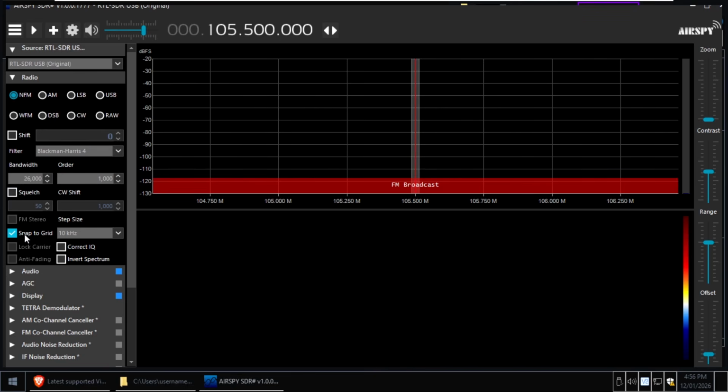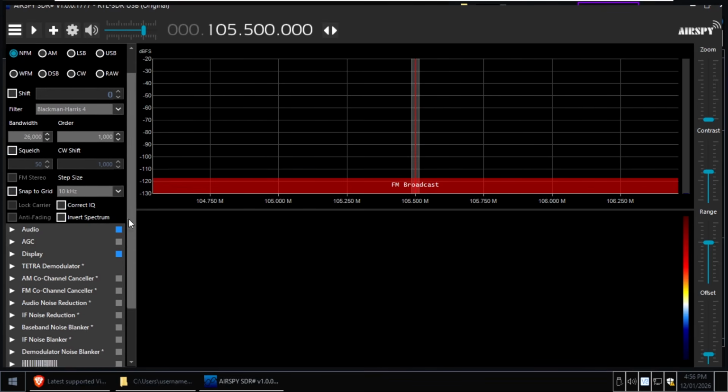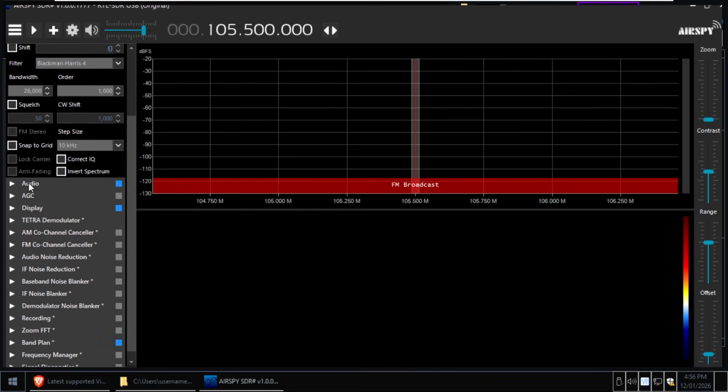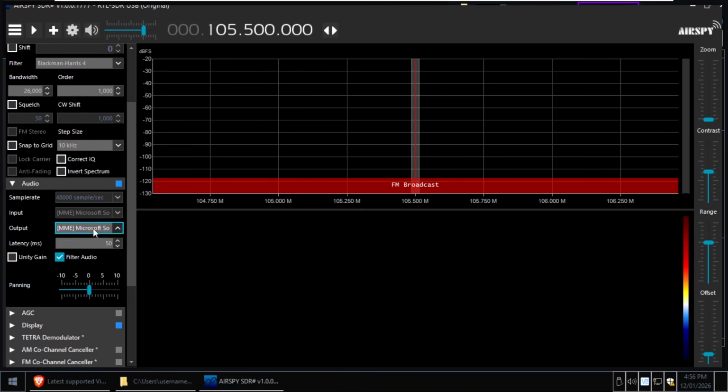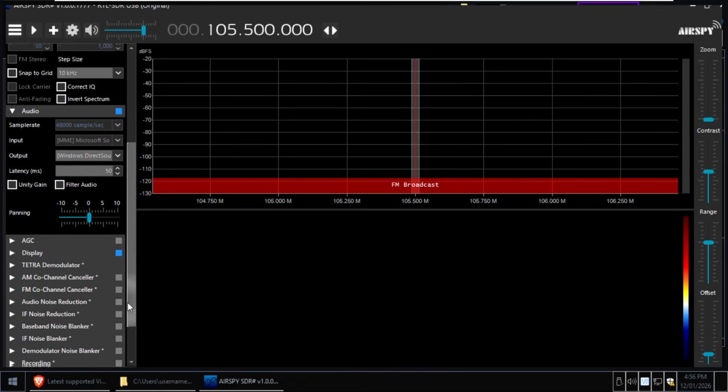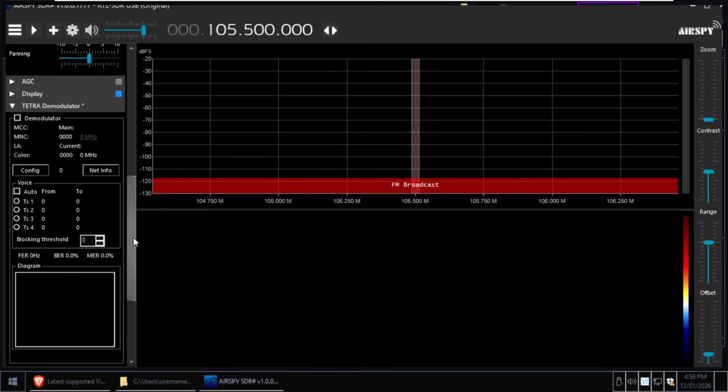Untick this snap to grid too, because we might not be able to tune directly to the signal if we have that on. Just make sure you've got your audio device. Don't use MME for your audio abstraction. Use Windows Direct Sound. That's more modern. When we're decoding digital modes, guys, we always turn off audio filtering. And then finally down here, this is our actual